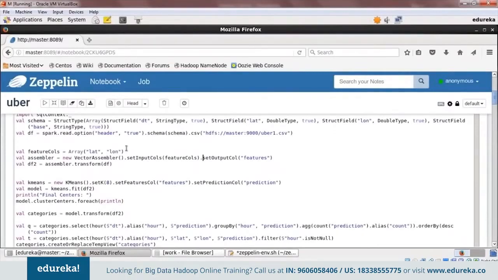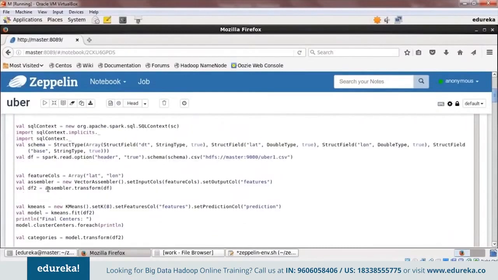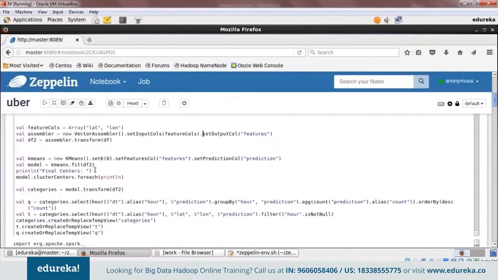Again, I have set the input cols as feature cols and output col as features. So I'm using the assembler to transform my data set, and then again I'm using k-means, and we use the same elbow method. We found out that we should make 8 clusters for this data set, okay?